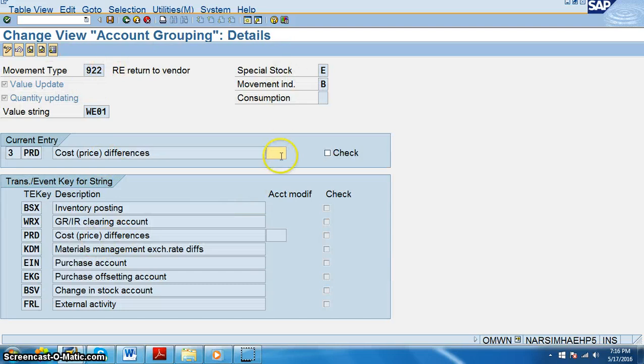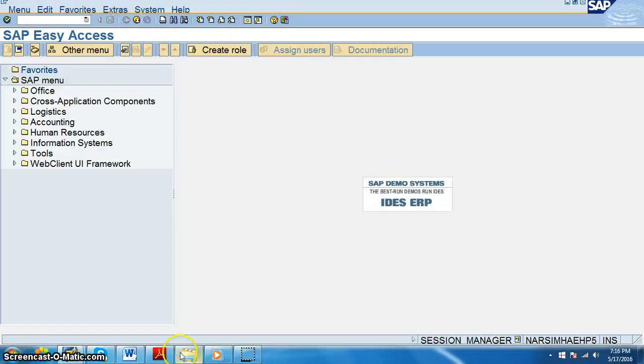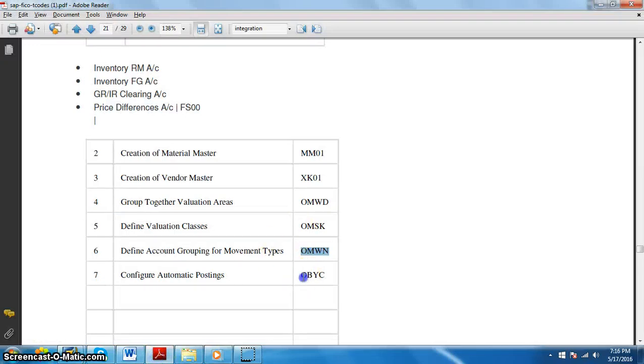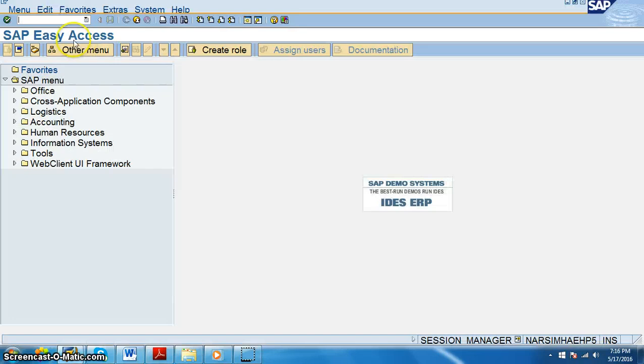So these are the account grouping. So we have movement type 922. For this, if you want to make any changes in this, we can do it. As of now, we are not doing any changes here. The movement types we are keeping as it is, and we have OBYC, that's automatic postings,